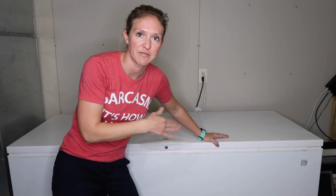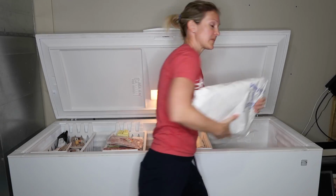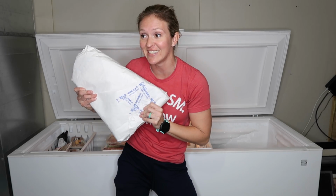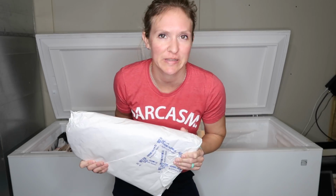And then I always get asked about the dividers that are in it. It came with the freezer. Okay, so that's how that happened. Oh my gosh. So we really need to do something about this. This is a brisket. But it hasn't been warm enough to smoke yet. I feel like smoking a brisket is truly the only way to do it. Okay, I feel like you're too far away, so just